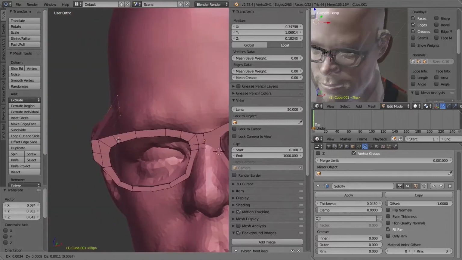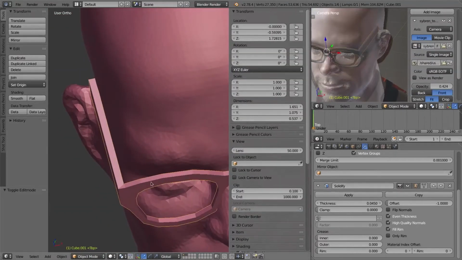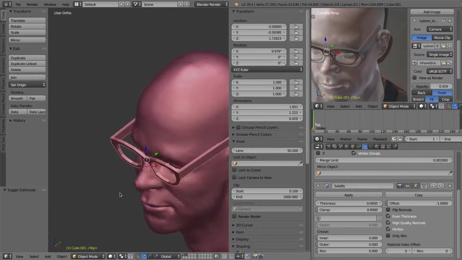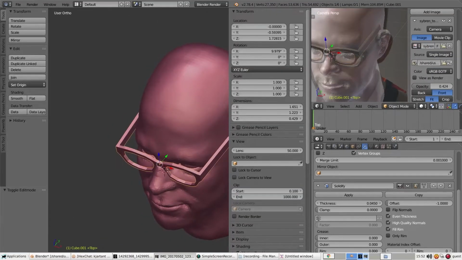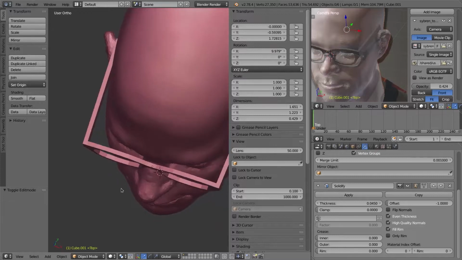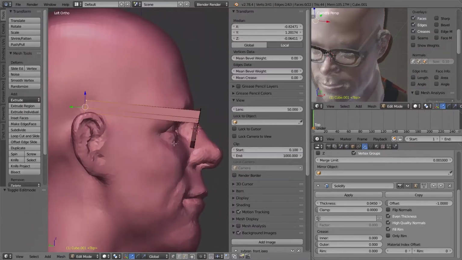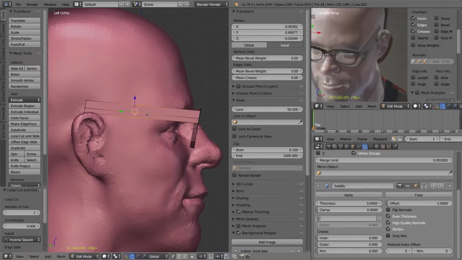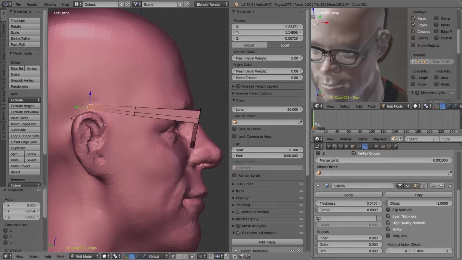So I use these same basic modifiers over and over again. It's usually always mirror and the solidify modifier. I constantly use those. And later on, I will use some other ones, but they're fairly simple modifiers that I use.